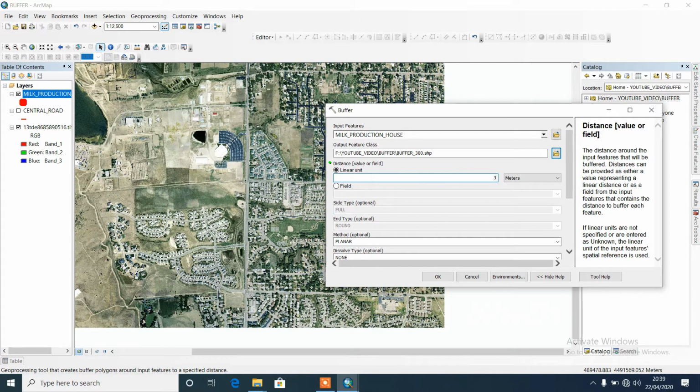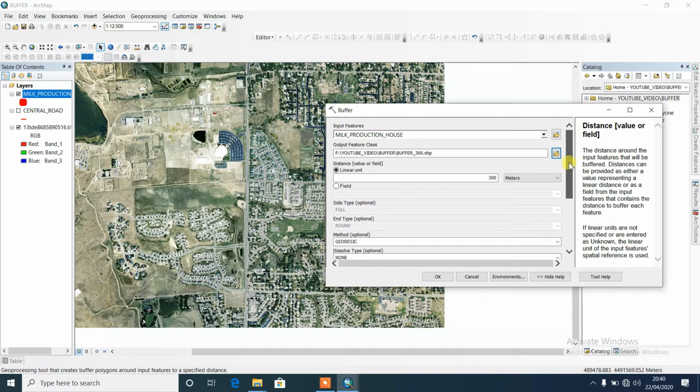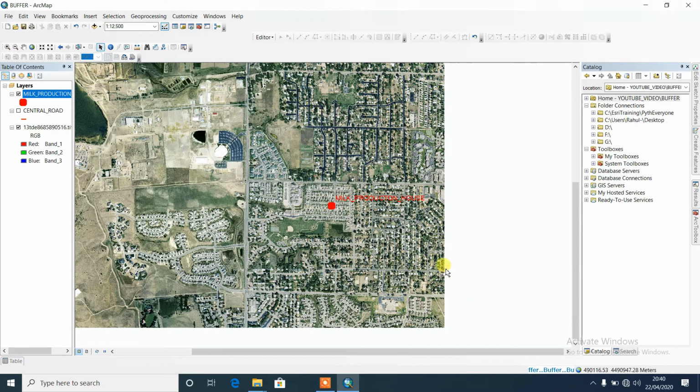Here that person can deliver up to 300 meters, so I input 300, and from here you can choose different types of length measurement unit. Meter is there, kilometer is there, and many others, but my criteria is to select meter, and the rest of the things just keep optional, and then just OK it.